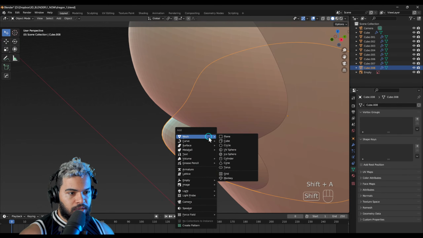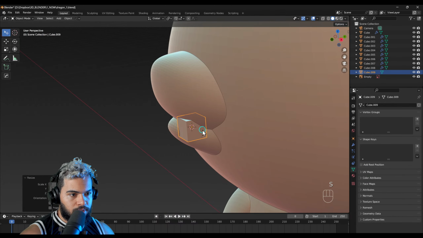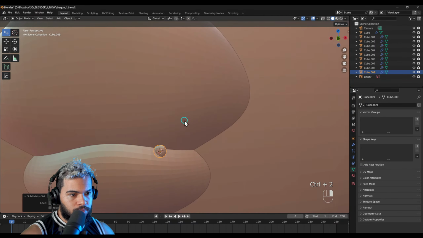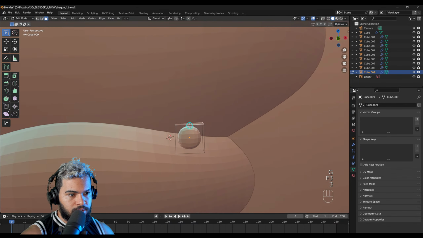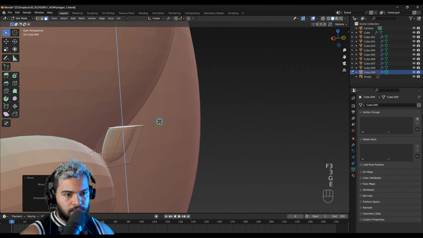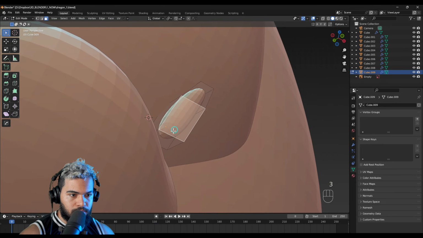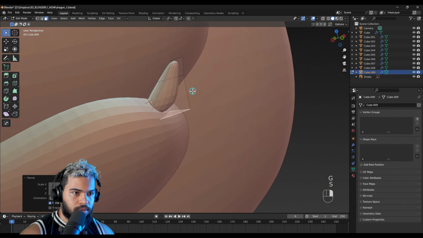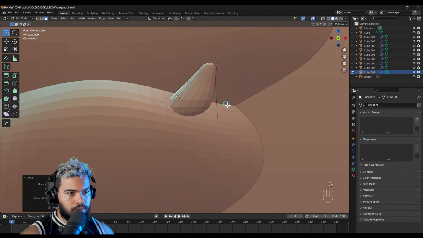If I press now Shift A and then add a cube, let me resize this cube, of course, and then I press Ctrl 2. This is our teeth. Don't worry, we need to move this and make this as like a teeth. E, S, and then this bottom part, of course, I need to move this more to here, like this. S, and then of course I need to